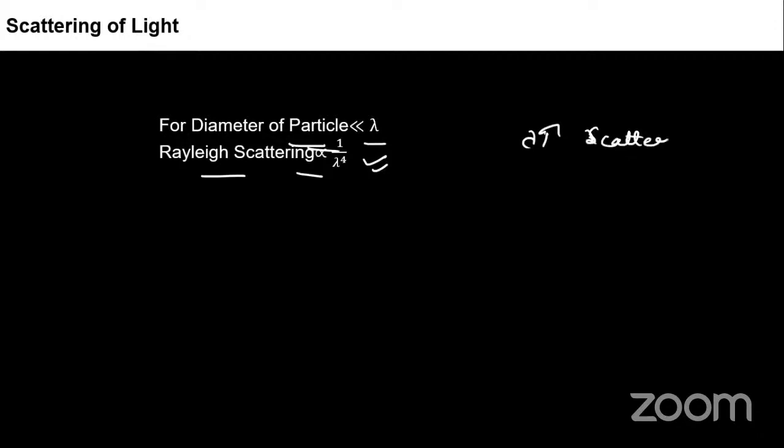Suppose we are having a particle and light which is having less lambda. So scattering mathematics says like this. There is something which is known as Rayleigh scattering, I mean scattering of the light. So it gives like this. The light which is having more lambda will be scattered the least. And the light which is having the least lambda will be scattered the most. Okay.